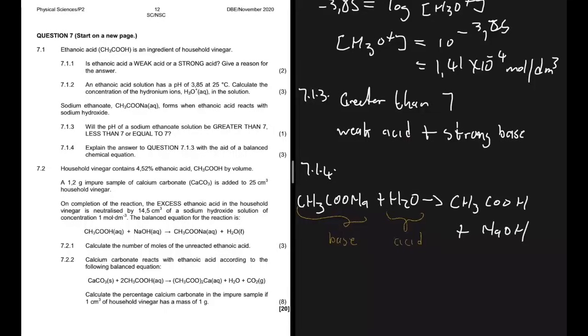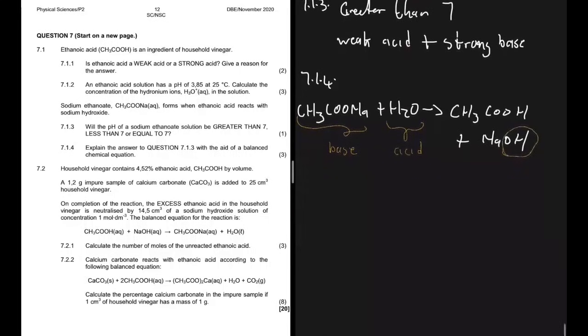So we can see that we have hydroxide here, and as a consequence, the pH will be basic. So let's move forward and go to 7.2. 7.2 says household vinegar contains 4.52% of ethanoic acid,